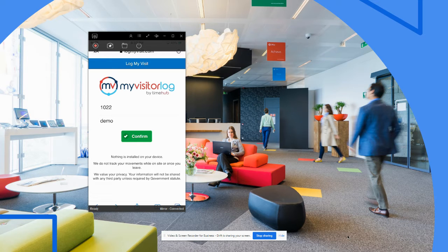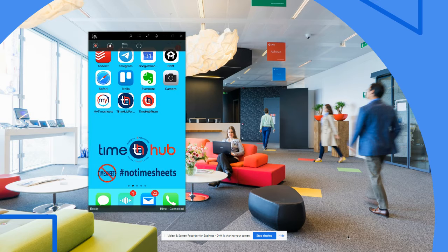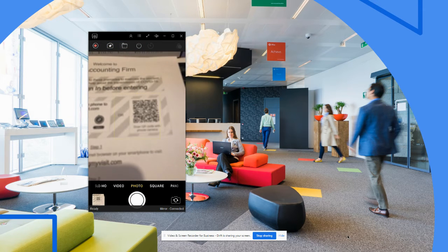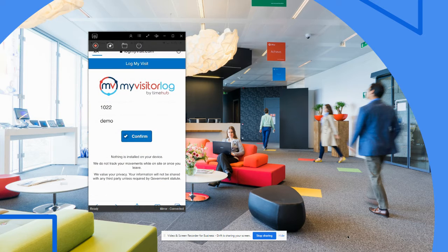So here's an example. If I was running a small accounting firm, I would have a site card in reception where the visitor would arrive. Now, assuming the visitor has a smartphone, there is also a reception mode, which I'll show you in a second. So the visitor would take their smartphone, open their camera, simply scan our site QR code, which will open the